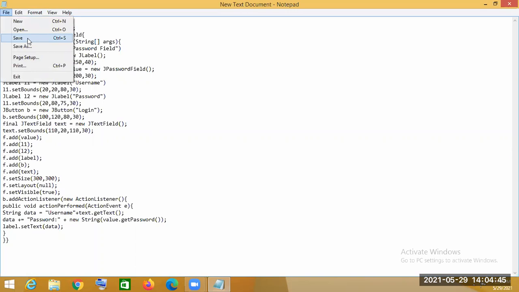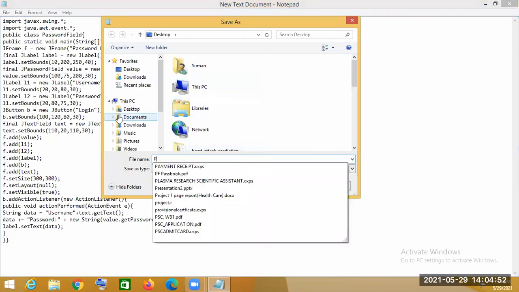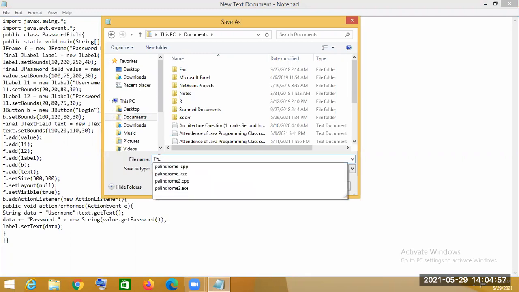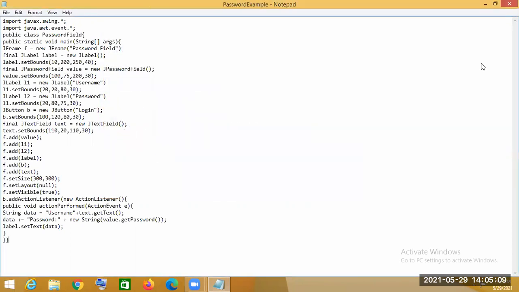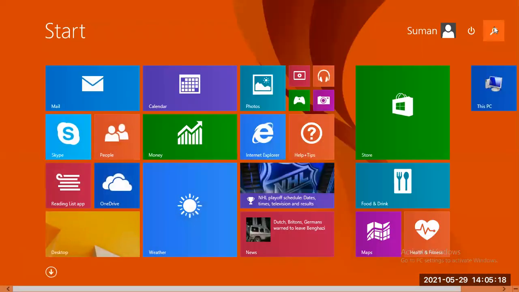So now we will save it. I have given the name PasswordExample.java. Now for running it, we have to go to the command prompt.